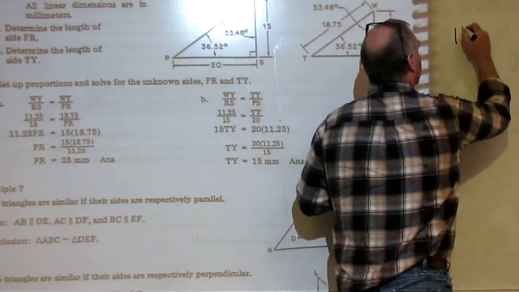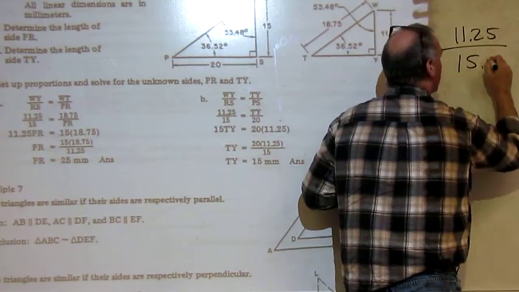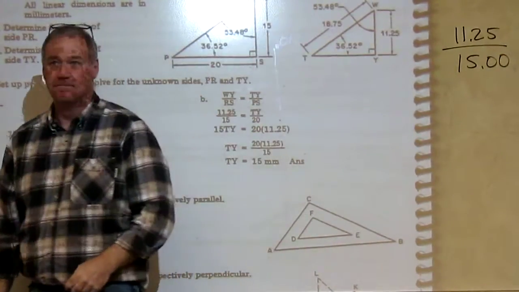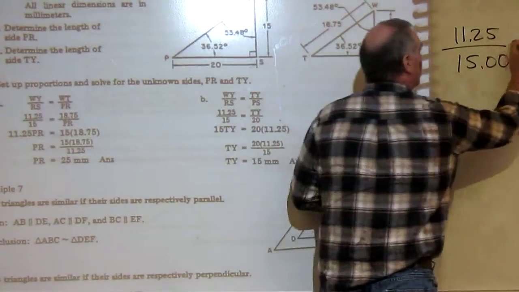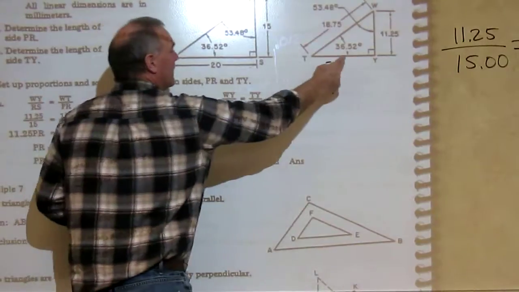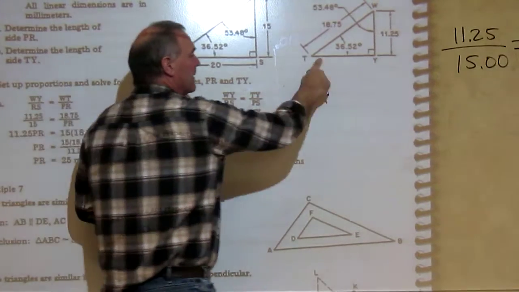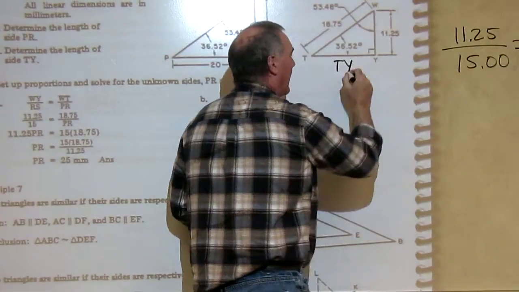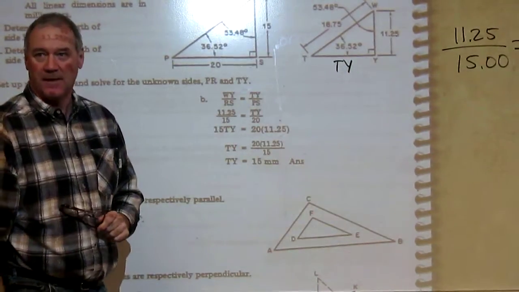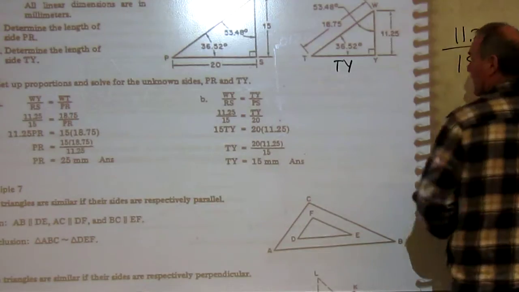So I'm going to take 11.25 and divide it by this side. Or I'm going to do a proportion, right? Now I want to set that equal to any other set. So I can set this equal to, let's say, this side and this side. You have to use the same sides. We don't know what this is, so let's call this side TY, because it goes from point T to point Y. So I'm going to put TY up here, over this one,